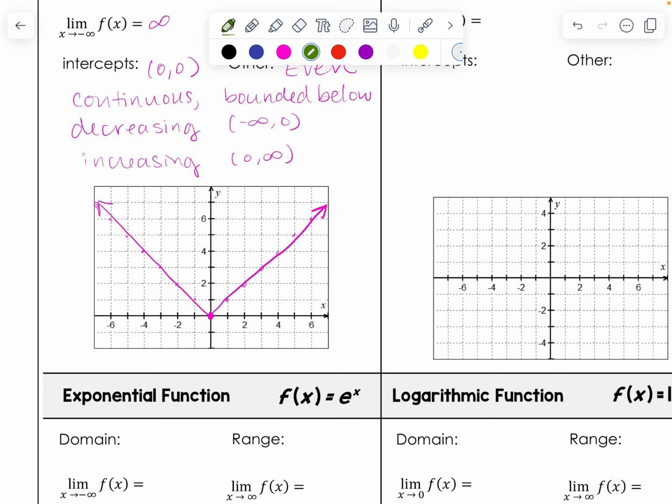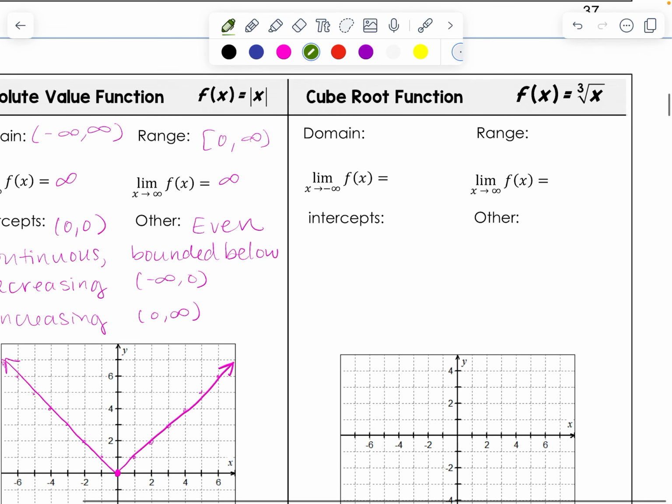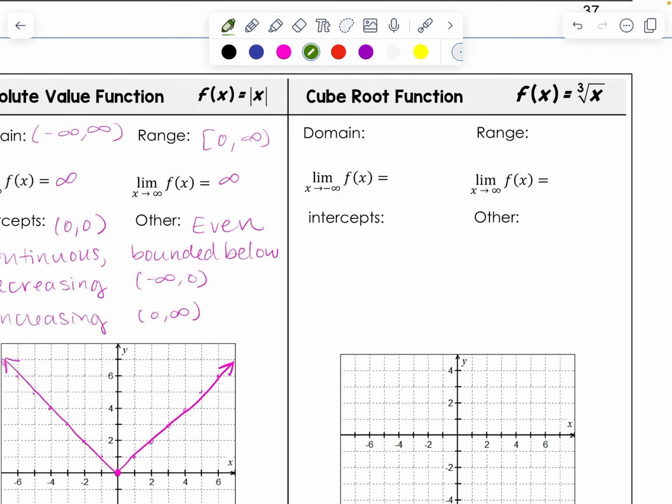Okay, let's look at our next one. This one, we've got our cube root function. So similar to the square root function, but this one is cube root, which means we can have negatives. So our domain and range are all real values. The limit of the function as it goes to the left, where x is approaching negative infinity, is going down to negative infinity, and as x approaches positive infinity to the right, it goes up to infinity as well. It has the intercepts of 0, 0. The function is odd, and this is continuous,